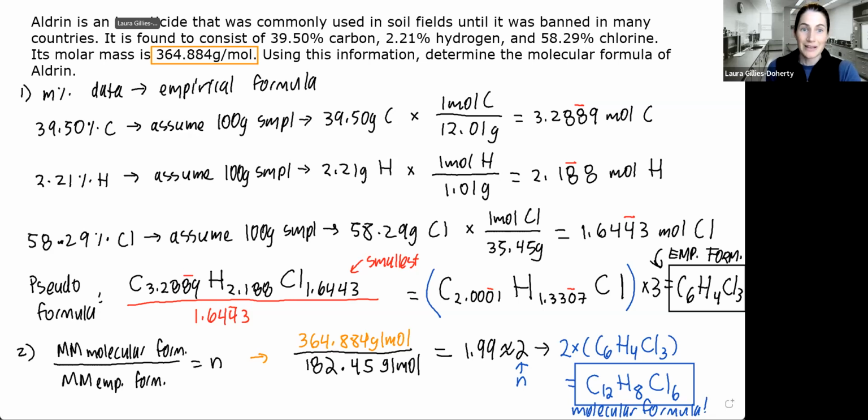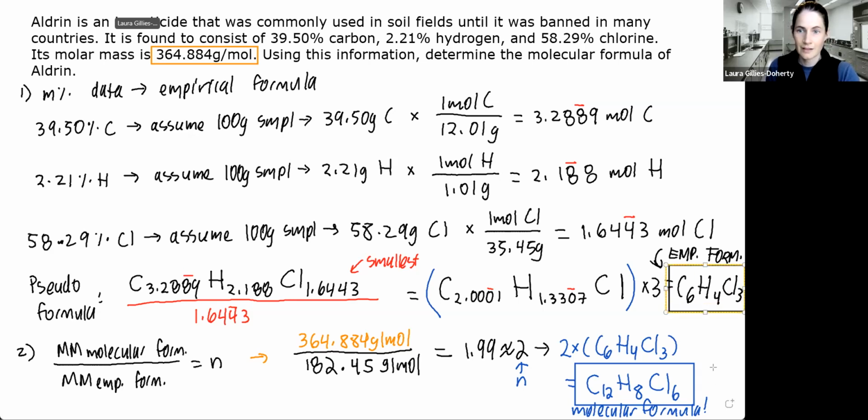Okay, so that was a big problem. It covered a lot of this material from part 2 of chapter 6. We took percent composition data. We converted it into mass data by assuming that we had 100 grams of sample. We then found the moles of each element in the compound. Using those moles, we set up a pseudo formula that gives us the mole ratios, but it's not whole numbers yet. So to get it to whole numbers, we divide by the smallest number of moles. And it still wasn't whole numbers at that point. So then we had to multiply, in this case by 3. And then all the mole ratios ended up close enough to whole numbers, within 0.1 of a whole number, to round to whole numbers. And that's how we ended up with our empirical formula down here of